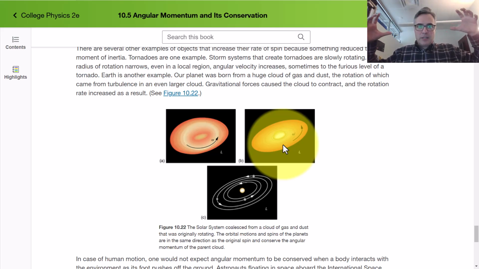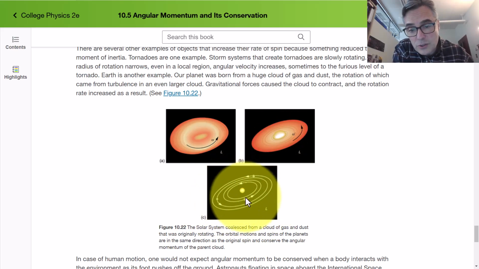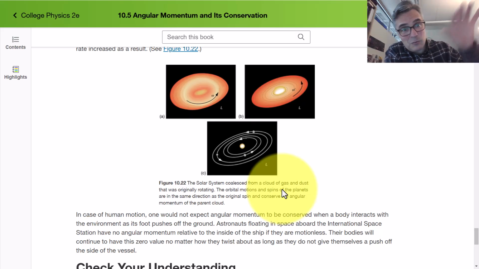But then as gravity brought it all together and decreased that moment of inertia, the angular momentum was conserved, and so the angular velocity increased. And then of course, once something is spinning, it does tend to flatten out and form a disk. And so that's why all the planets in the solar system are orbiting the sun in one sort of plane,